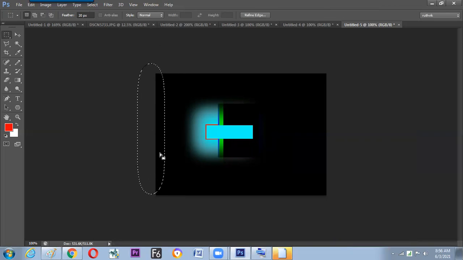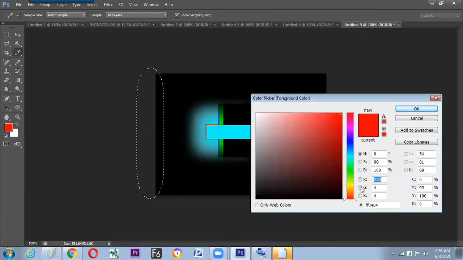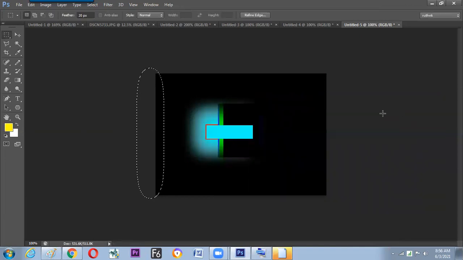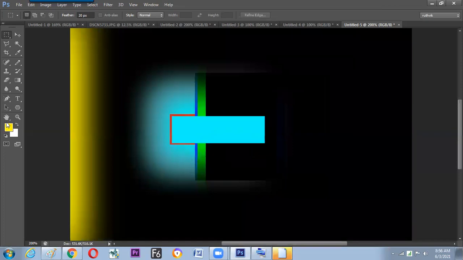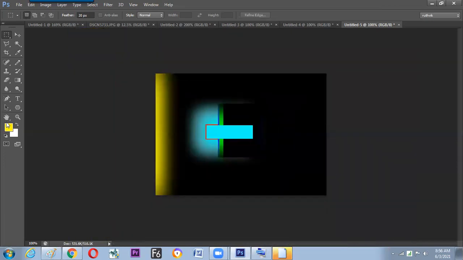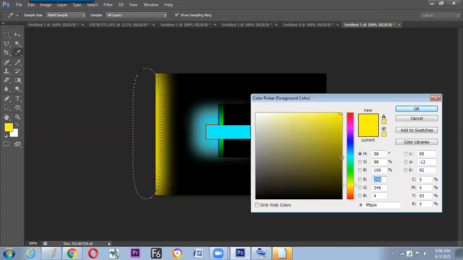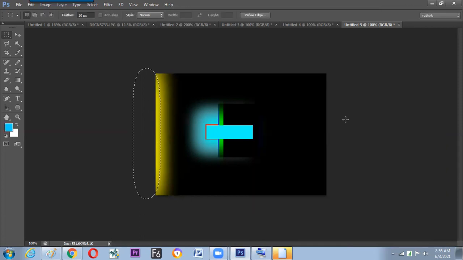So we have seen how to get the transform box. Now let us get the bright color to throw from the left side. It came to the foreground, alt backspace. So hope we have understood how to throw the lighting from the back end. And the same selection can be moved a little here and there, and choose the next available color and fill it. So it is a mixture of yellow and cyan color on your screen.